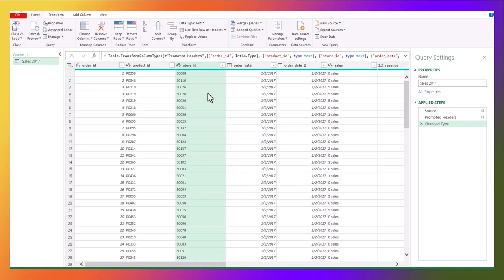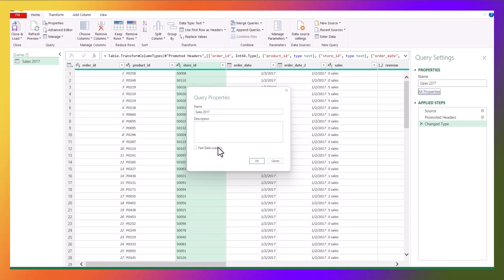All right, then at the right side, okay, this is the left side, you have the queries. At the right side you have the query settings. We have the query settings at the right side, which has first the properties, and you also have the applied steps. The properties here give you the name, and here you have all properties. When you click on all properties,